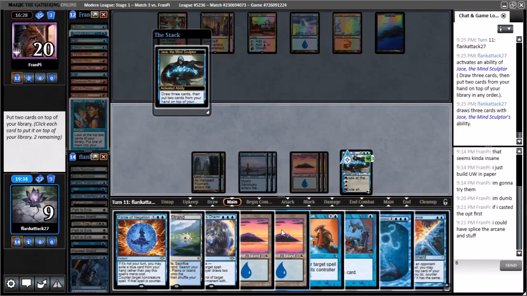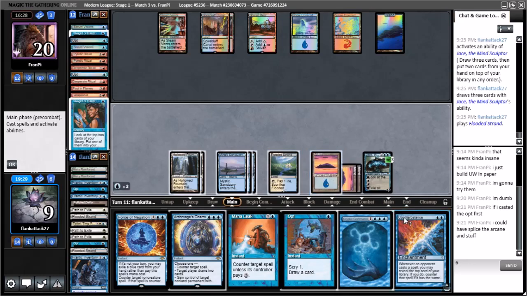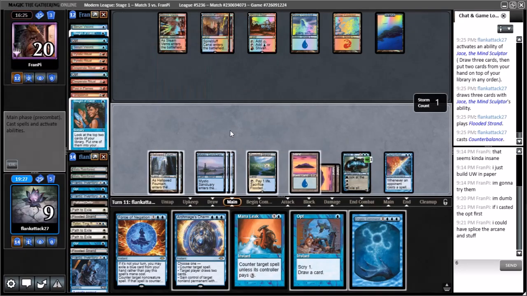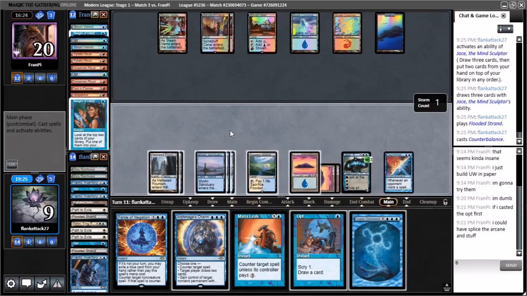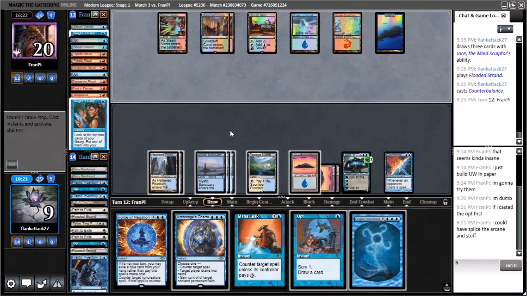Oh, okay. Counterbalance is really good. Alright, so we will put back 2 lands, I guess. We don't need those. And then we'll play Counterbalance. Oh, I should have floated a 2. I haven't done this in so long. Alright, so now we don't have another Mystic Sanctuary, and unfortunately we don't have a 2 on top of our library. If we have a 2, this gets really easy really quick, but...